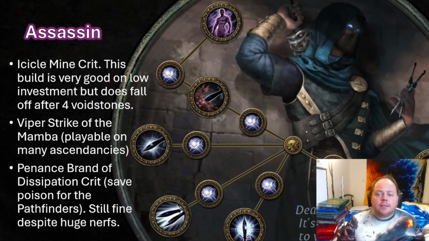The Assassin is somewhat of a one-trick pony, maybe a two-trick pony early in the league. Icicle Mine Crit is something that a lot of people will level with and then get their 4 Void Stones with and then respec out of. This is a very good build on low investment, but it's something that's never really taken off, partly because it